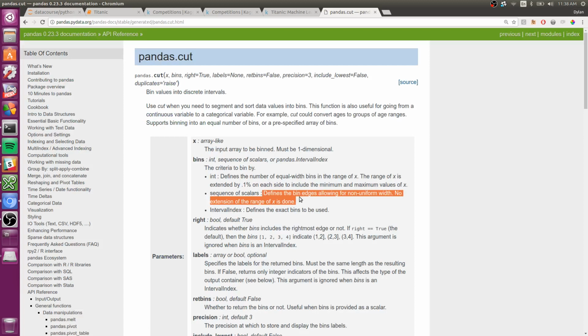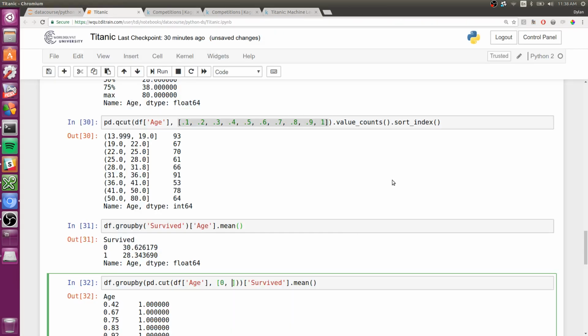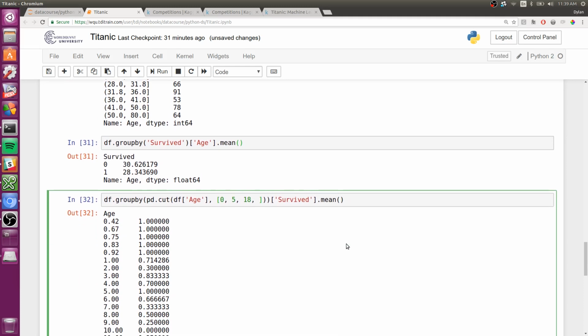Sequence of scalars to find bin edges for non-uniform width. Great, that's what I want to do. So we'll do, say, 0 to 5 for very young children, up to, say, 18 for adolescent children, or children who are not infants but are still not adults,